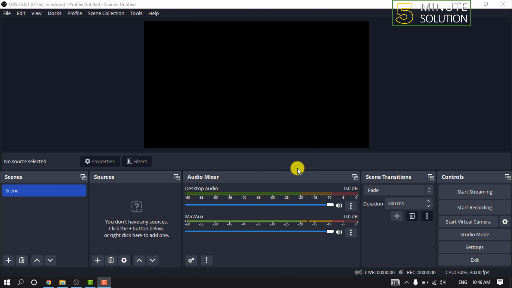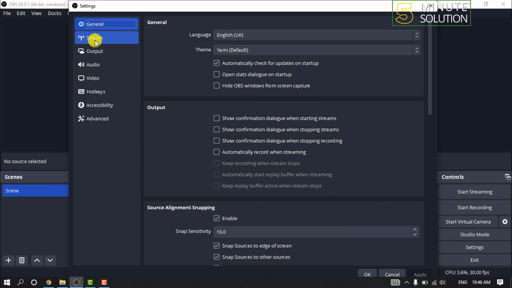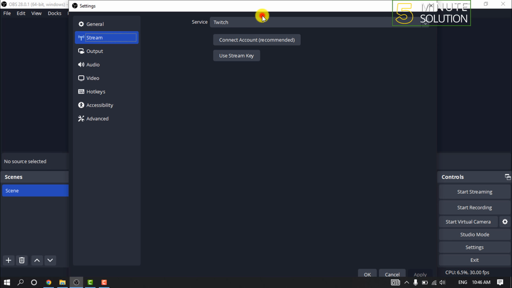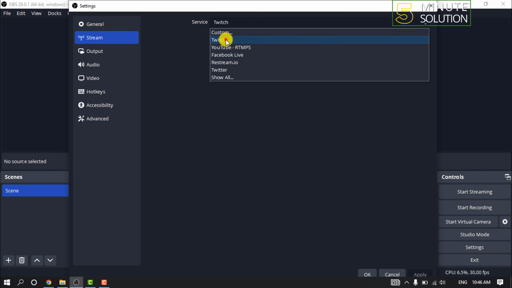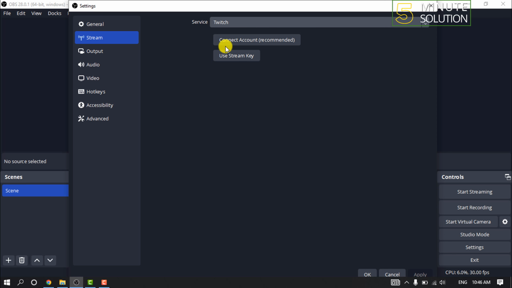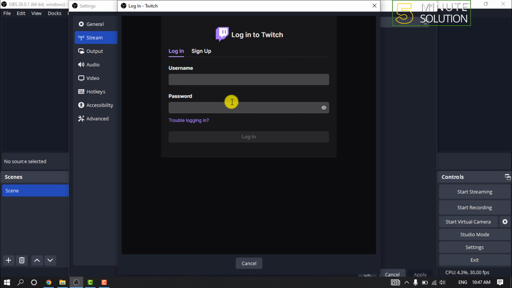First of all, open your OBS and click on settings, and click on stream and click on this service, and from here you have to select Twitch. Here you will get two options. You can select connect account, or you can select use stream key to connect your Twitch account with your OBS. So I'm going to select connect account. Now enter your Twitch account username and password and click on login, and your Twitch account will be connected